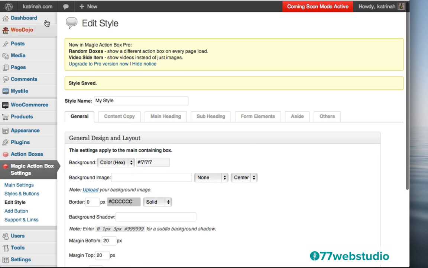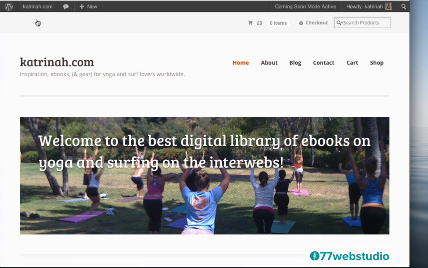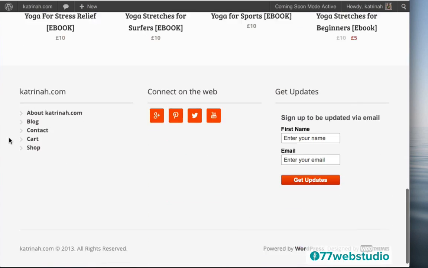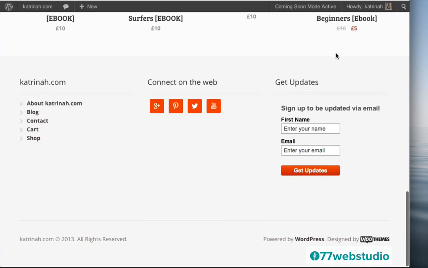So now when we go to the home page to check out that form, I'm going to click on Visit Site. And now when I scroll down, you'll see that the border has been removed, and now the background of this form is the same as the rest of the footer. So it looks a lot better. Anyway, I encourage you to check out that video, and once you've done that, you should be up to speed and have your email sign-up form here in the footer.